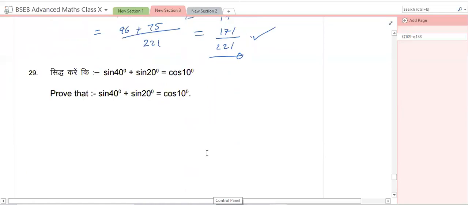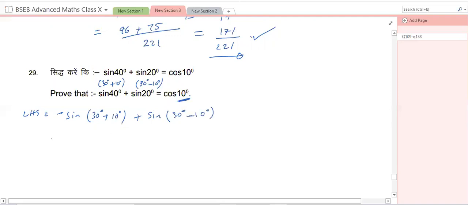Prove that negative sine 40 plus sine 20 is equal to cos 10. As we said before, look at this angle here, it should give you an indication of what to break it down into. So I'm going to break this down into special angle minus 10 degrees, special angle plus 10 degrees. So the left hand side is equal to negative sine 30 plus 10 degrees plus sine 30 minus 10 degrees, which is equal to negative